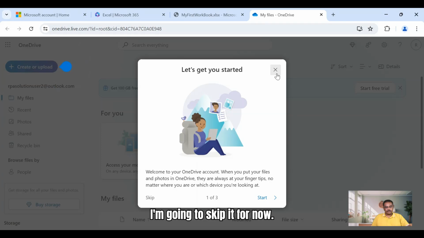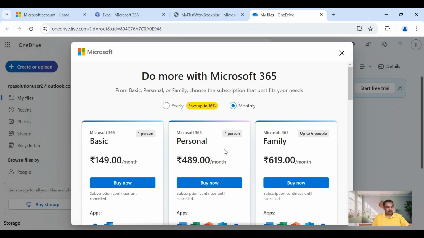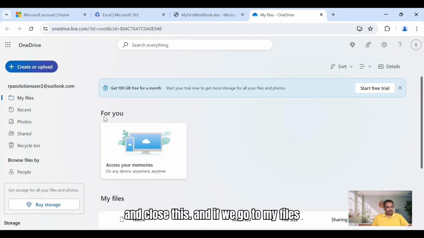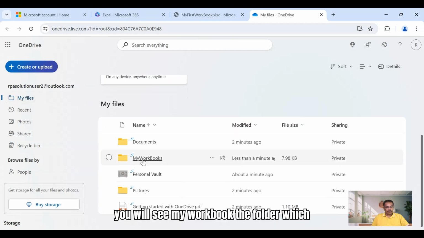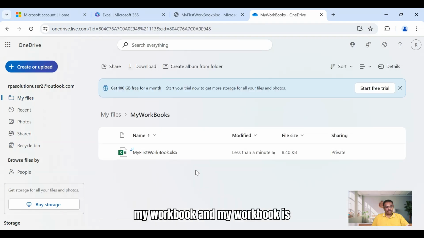Okay, I'm going to skip it for now. I don't need it, and close this. And if we go to my files, you will see my workbook. The folder which I have created is already available. And if I open it, it goes to my workbook and my workbook is already there. So I can either open it,